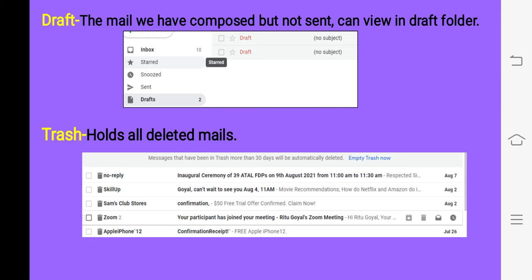And if you want, we can also manually clean the trash by clicking on empty trash now, or if you want, we can just restore the mail. Suppose we find that the mail is important for us, but we have mistakenly deleted it, so we just right click the mail, click on move to inbox, and we will get the mail again in our inbox.